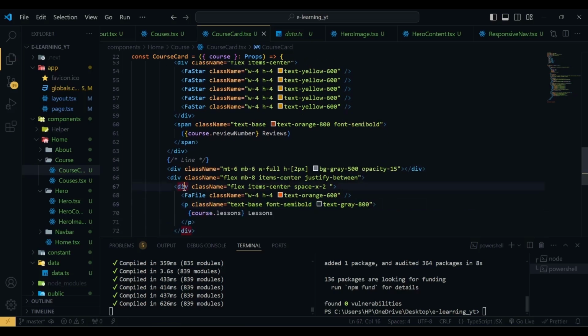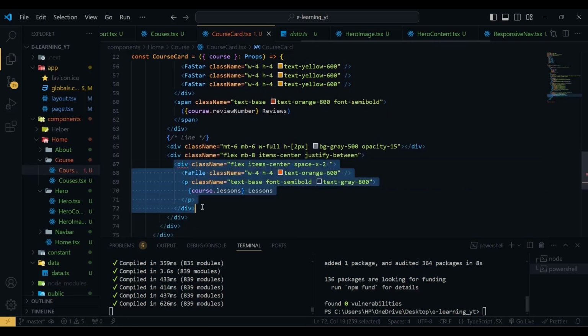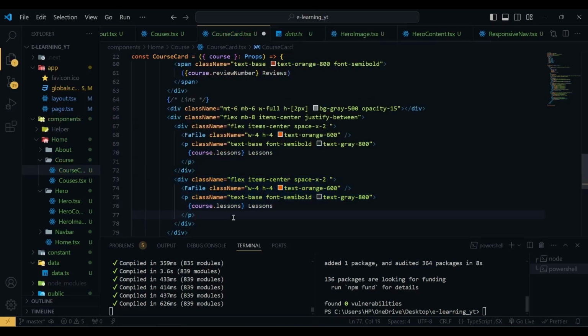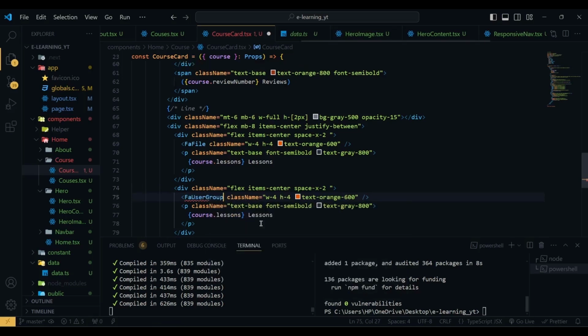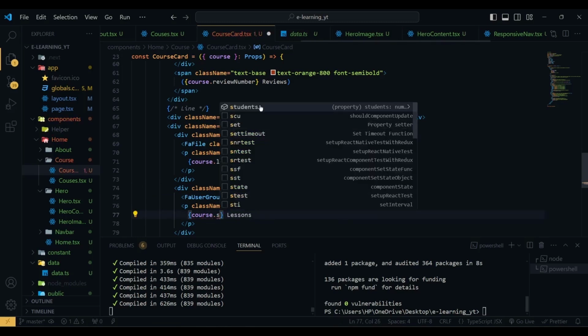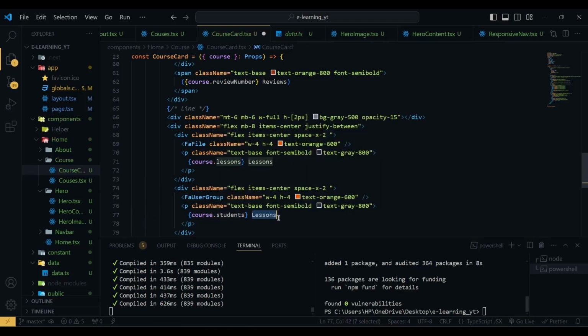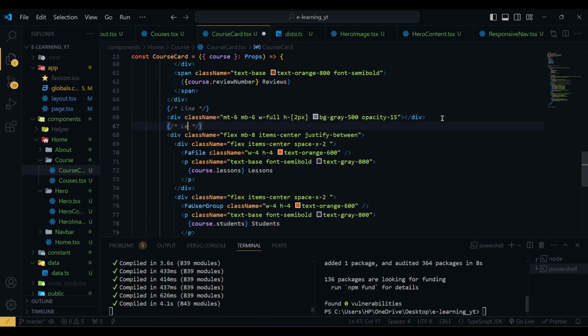Now I'm going to hit save, and then I'm going to copy this div again, and here we are going to change this to a user, a user group, and then this will be course.students, and the text will be students. Now if I hit save, and here this will be the lessons and student info. Now if I hit save,